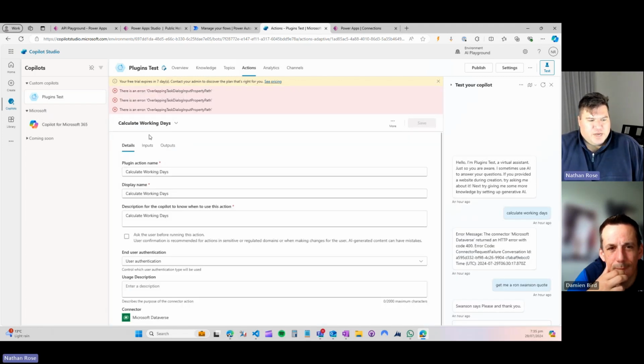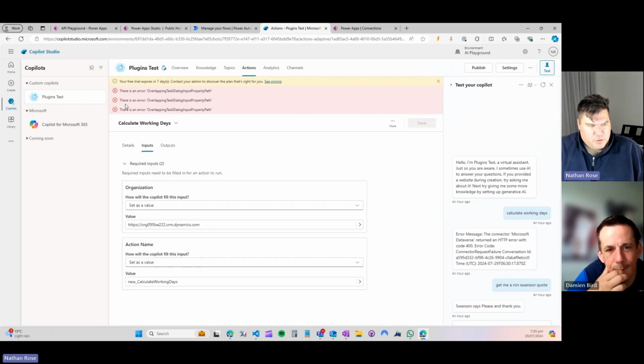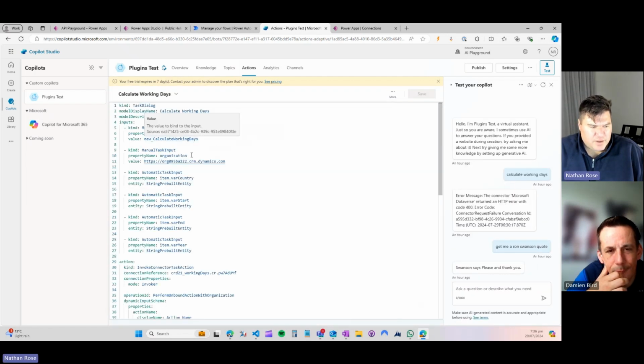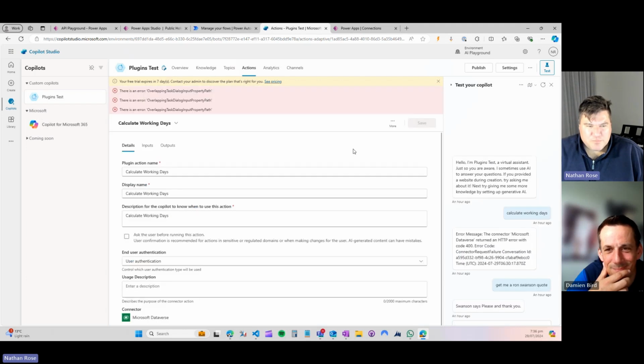Now, the issue I've got is this plugin requires 4 input parameters. And when I add it in, I'm getting errors in Copilot Studio. So I'm getting an error about overlapping property paths. Now, I've gone into the YAML, and I've tried to hack stuff around and whatnot, and generally made things worse. But for the time being, as near as I can tell, you're going to get an error whenever you try